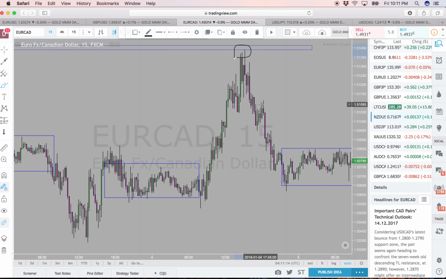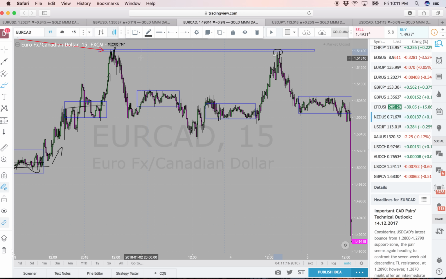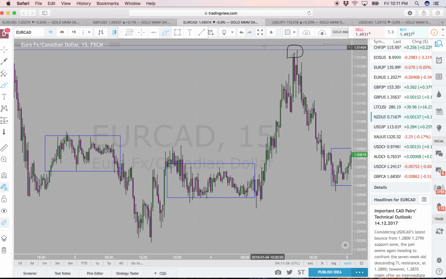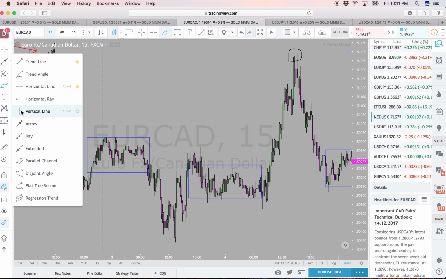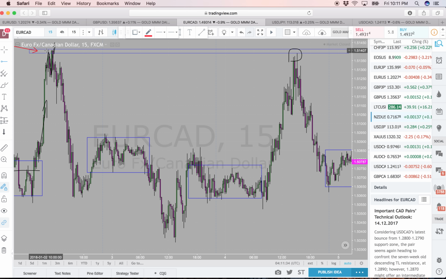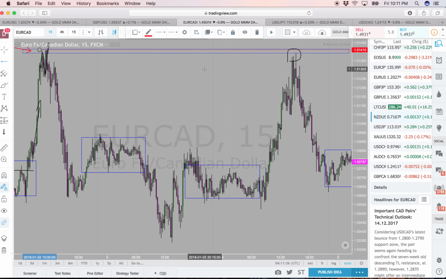So depending on the money, they will sometimes break above the high or sometimes not. So just know that you can still take a trade even though it's not exactly at the high. So sometimes right here we had